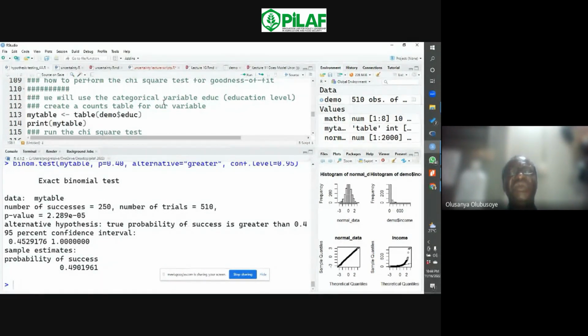In this demonstration, we are going to use the categorical variable education. And I told you, when you are dealing with the binomial test and the goodness of fit, for which we use the chi-square test, you are using those tests only when you are dealing with qualitative, and I repeat, qualitative variables, or in this case, categorical variable. So the variable we are going to consider in this case is education level. Let's create the